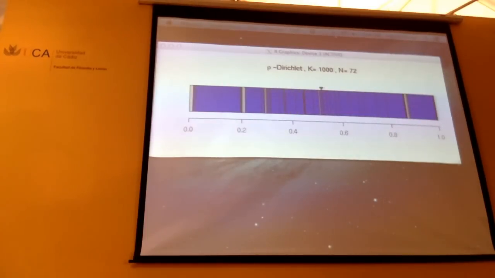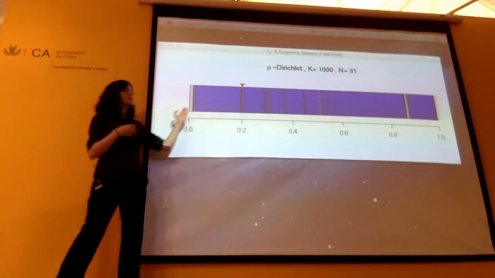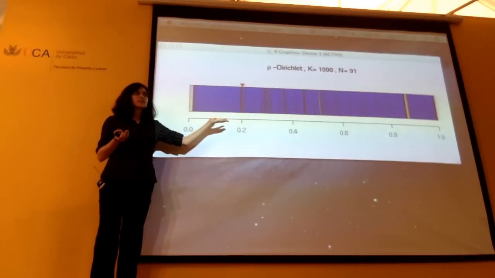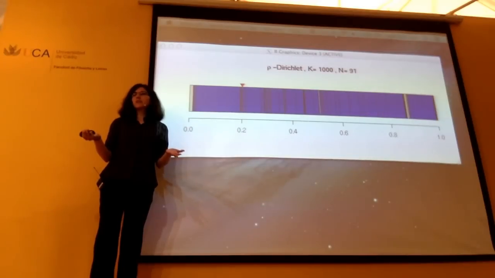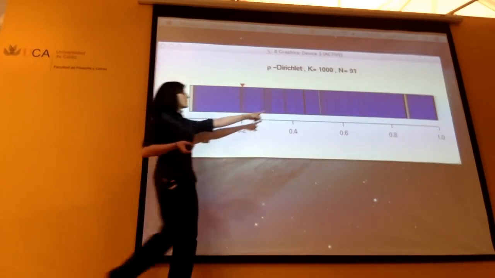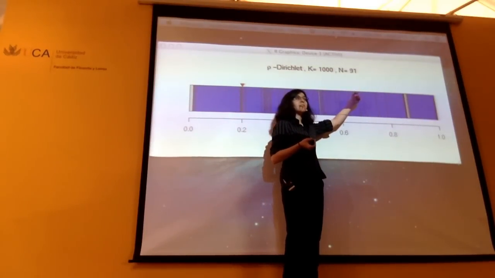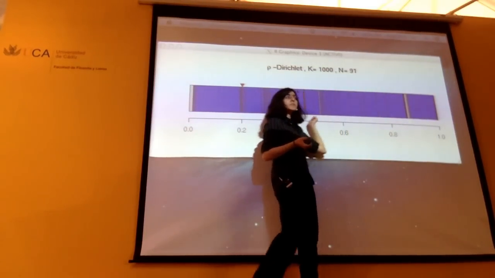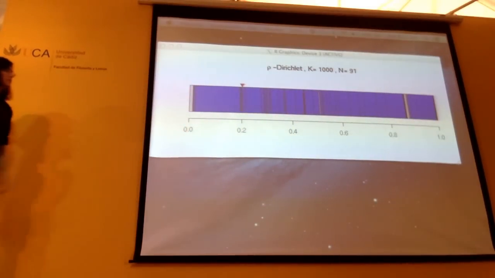And it seems like it's filling up the clusters pretty quickly from this perspective. I mean, certainly we've gotten by 91 data points to most of the mass of the unit interval. But it's hard to say how many clusters I've actually filled up, because there are actually 1,000 components here. And I know that I haven't filled up more than 91 of them. And so a lot of these small components are not getting filled. They haven't been chosen yet.